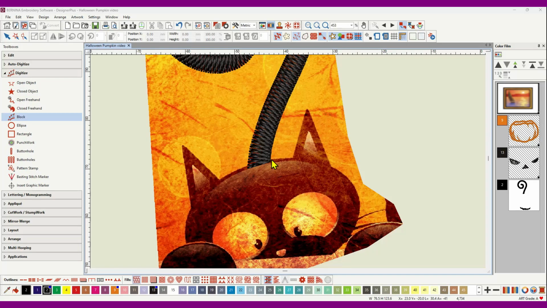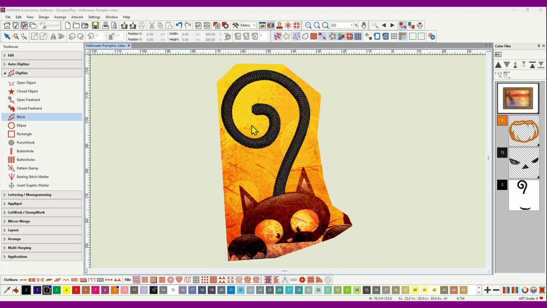Okay, so I did my last 2 clicks, one here and one here, and hit enter on my keyboard, and that created the stitches. So there's my lovely tail with all the stitch angles radiating around. Now you can reshape this and move those angles. So if I select it,